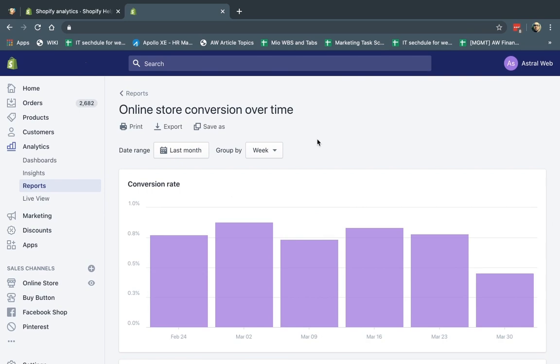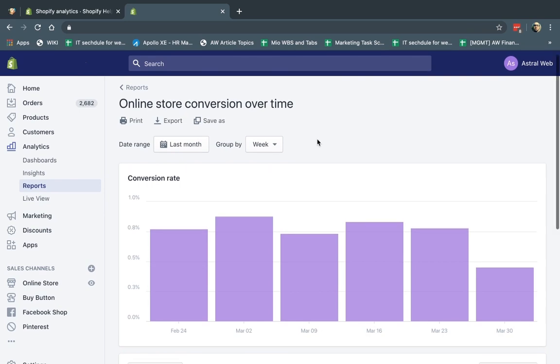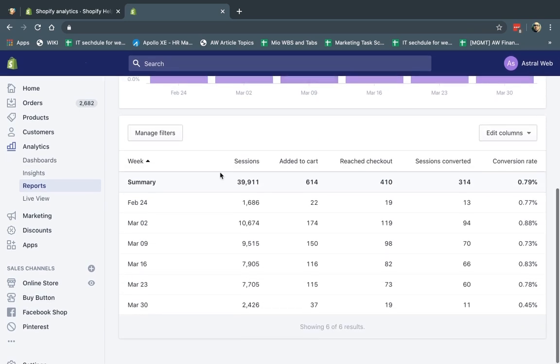So this is just to sort the data visually and the data itself. Okay, so what can you actually do right here? So let's look at this conversion rate. I can see, for example, my conversion rate in the first week was 0.77, then 0.88, etc. And I noticed, for example, that this week it's very low. It's much below my average. This is the average row, right? This is the summary of everything. So the average conversion rate, the total sessions, add to carts, etc.